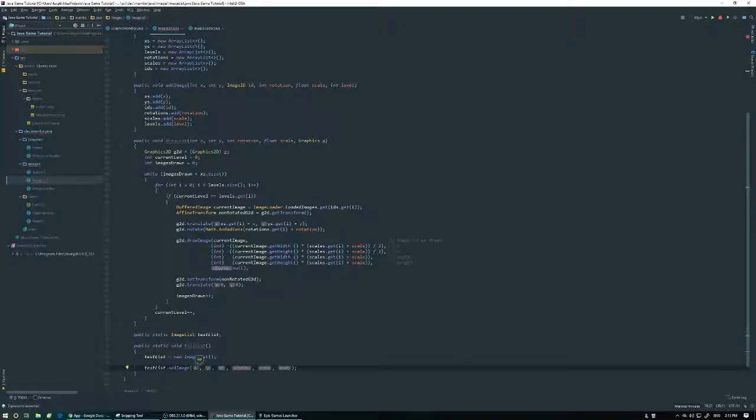Now this is where it gets interesting. So we'll add one at 500. The ID is going to be image ID dot black, and then the rotation is going to be 45. The scale is going to be 1f, and then the last one's going to be 0. So on the last scale, and then we're going to copy this